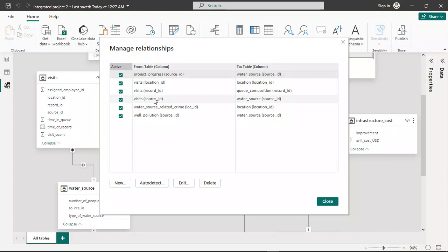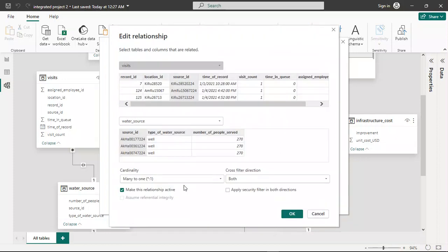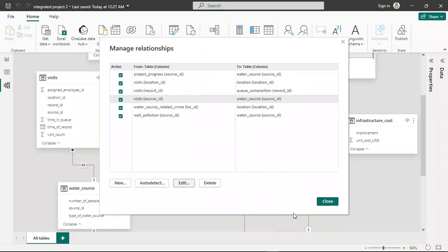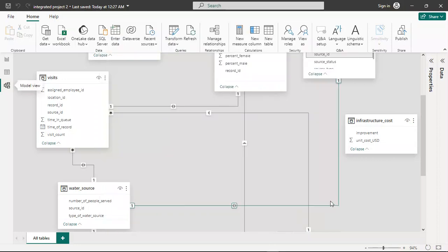I clicked on it, and then I edit, and then I change it. Initially it was single, but let me click on single, and when it was single, it was giving us